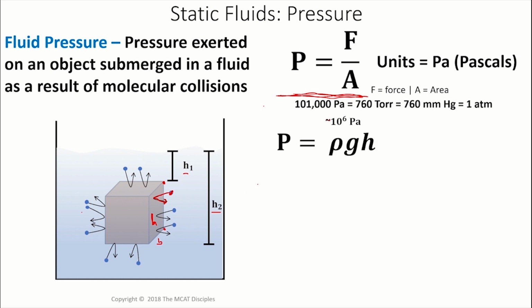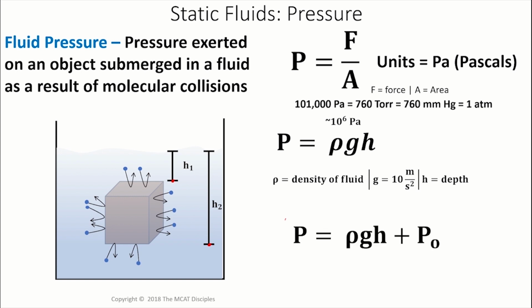Well, let's look at the equation. P equals rho g h, where rho is the density of the fluid, g is 10 meters per second squared, and h is the depth. Clearly, all of this water is fluid molecules. And the deeper you go, the more fluid you have on top of you, so the larger pressure you're going to feel at any given point, right? And so the pressure at depth 2, H2, the pressure is higher here than it is here. And that's actually going to be critical to our conversation about the buoyant force later on.